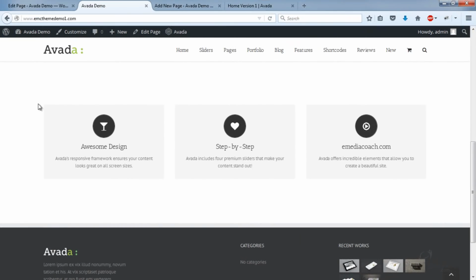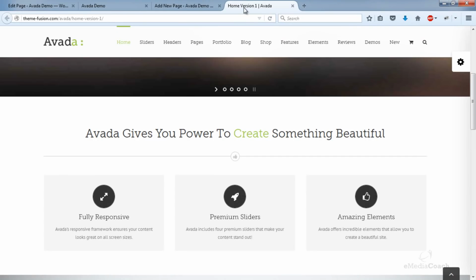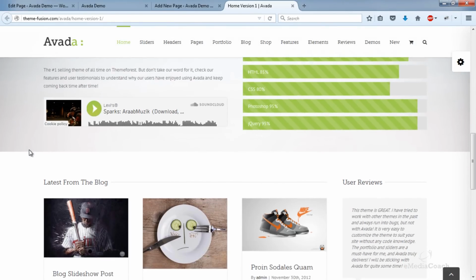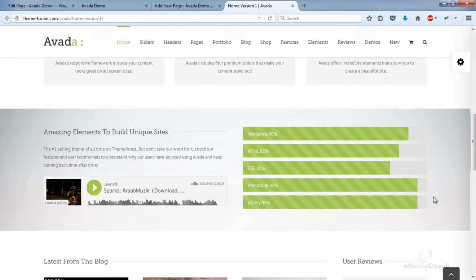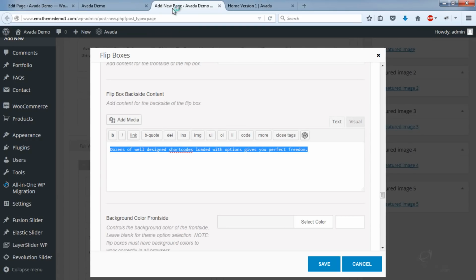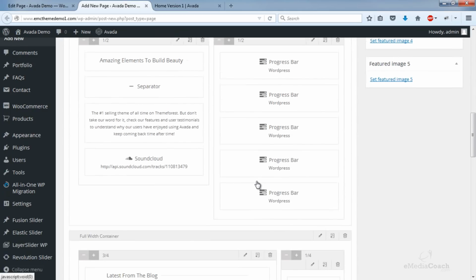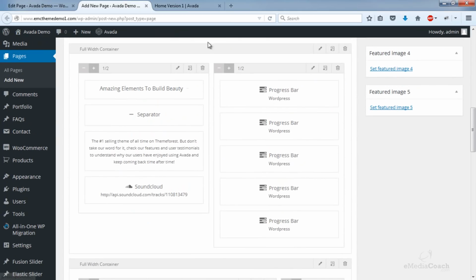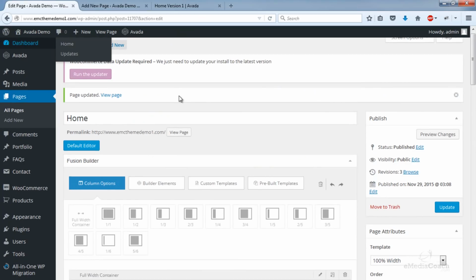So next, let's have a look at a different page version. So let's see what else is on this page. Actually, you know what? I might add this. I quite like that. So now let's find this. This is the progress bar, okay? And I'll also add that as a half column, but I'll add it on the left.